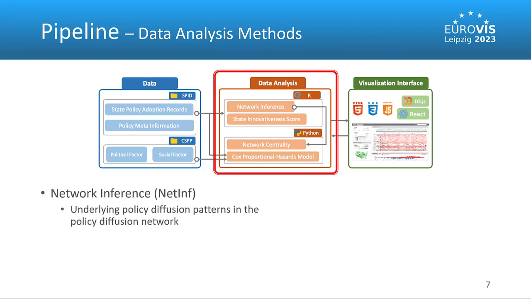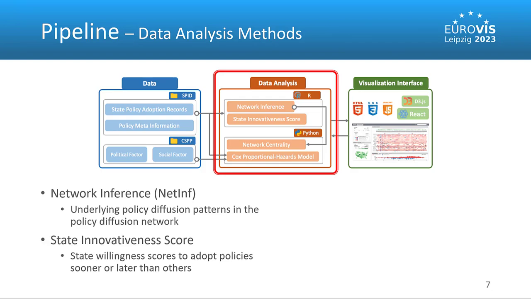NetInf is a network inference algorithm. It is used to infer underlying policy diffusion patterns in the policy diffusion network. State Innovativeness Score is a measurement of a state's willingness to adopt policies sooner or later than others. A state with a higher score is considered innovative, and it is more likely to adopt new policies faster compared